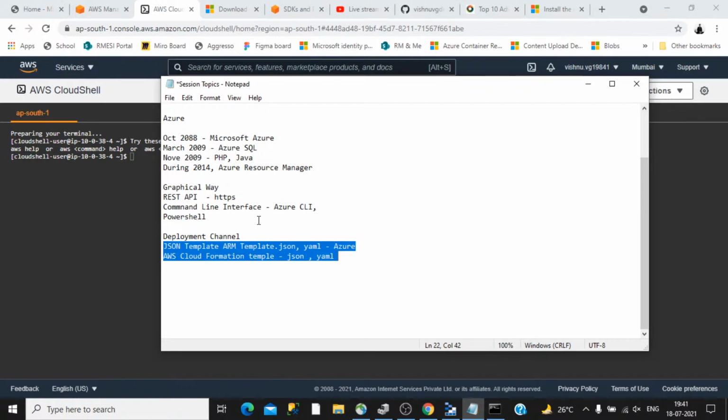That build and deployment pipeline needs a certain kind of language or construct. It's kind of a script, and that is called the ARM template. You define here all that you need.